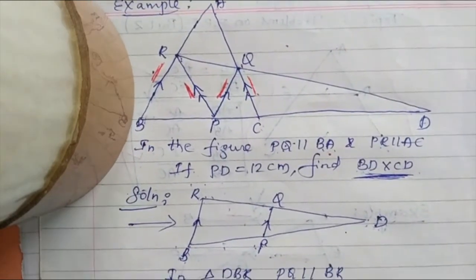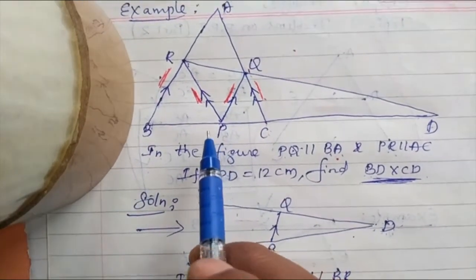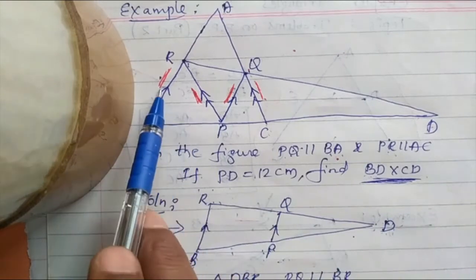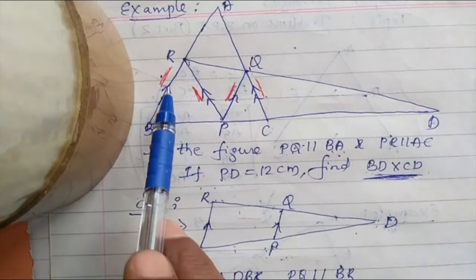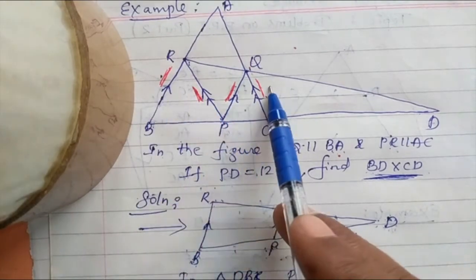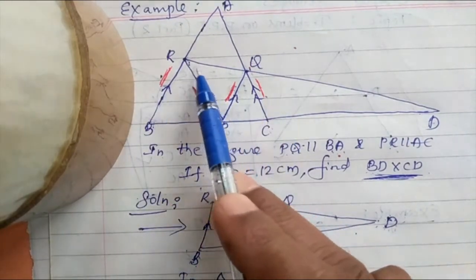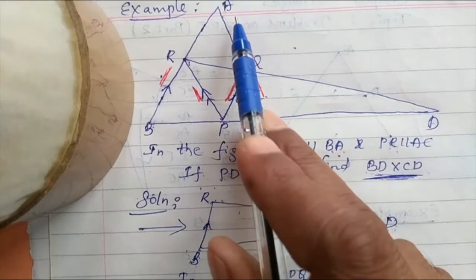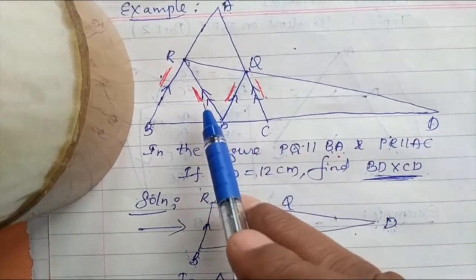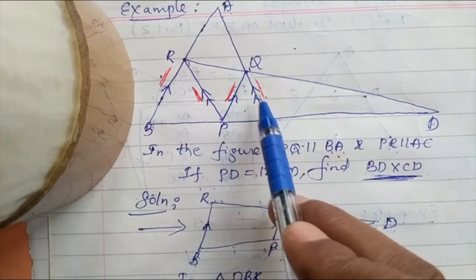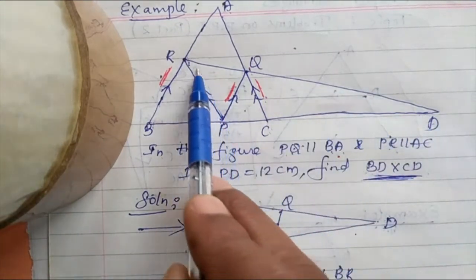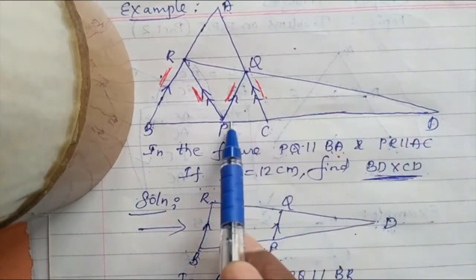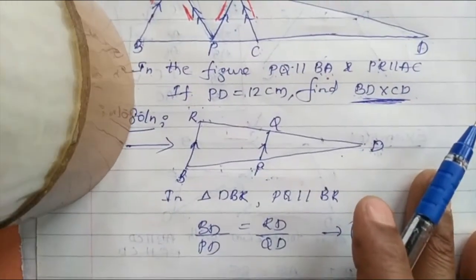So we'll take one more parallel inside. I took first these two parallels and obtained a triangle, and I wrote the BPT result for these two. Now we go for these two parallel lines, that is PR and CQ. CQ or CA both are the same, both are lying in the same line. PR and CQ including triangle is this. Look at this triangle. This is PQ. So that I draw here.